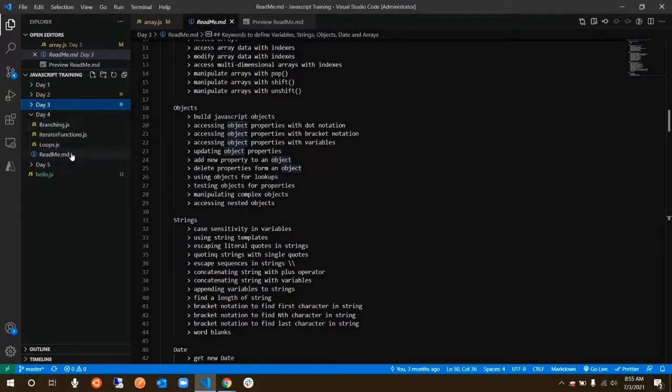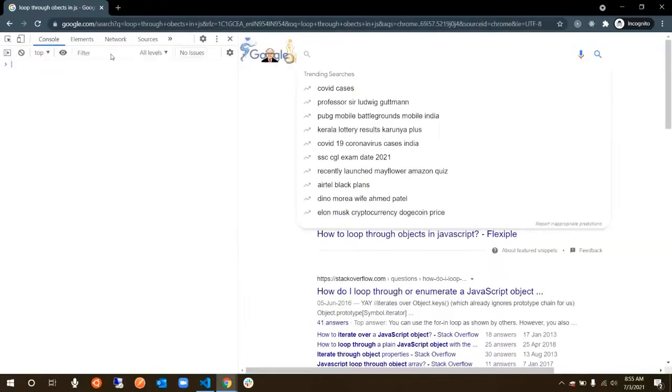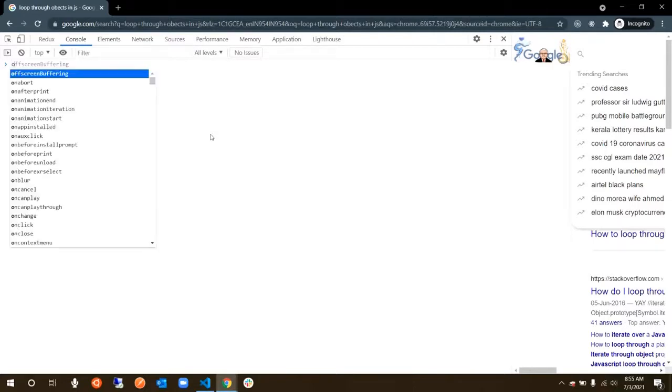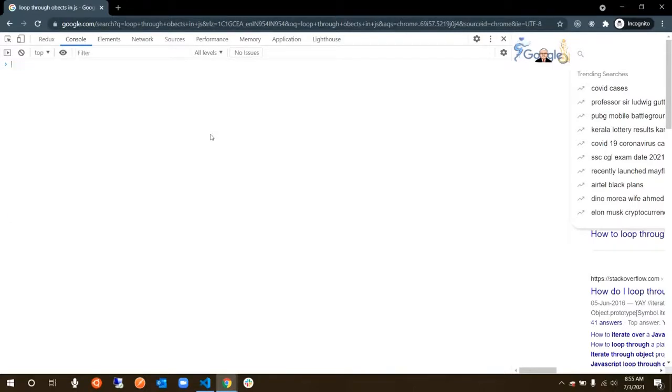We will do branching, iteration, loops, and everything tomorrow. One other thing that I would like to cover is the triple dot, or rest operations. Say for example you have an object, or let's start with an array first and then go to object. You have array 1 2 3 4 5 6. Now if I want to create a new array with existing elements from the array, but add 7 and 8 to the end.